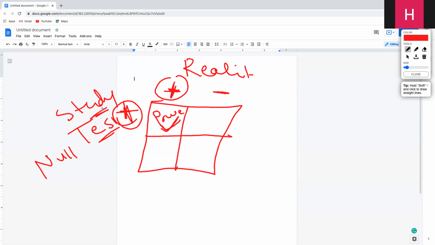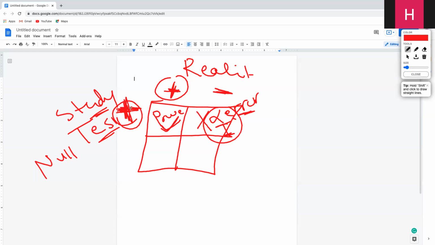If your study shows, let's continue on the positive side. If your study says that there is an association, but in reality there was no association, this is alpha error. You call it alpha error. It's not alpha value, it's alpha error or type 1 error. So this is type 1 error, when you say there is an association, but in reality, it does not